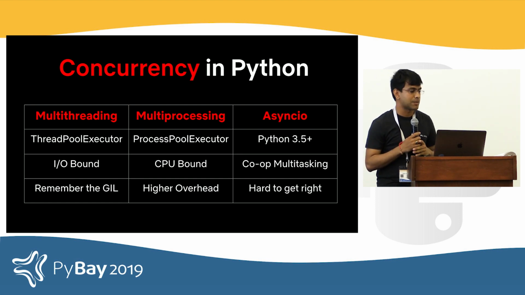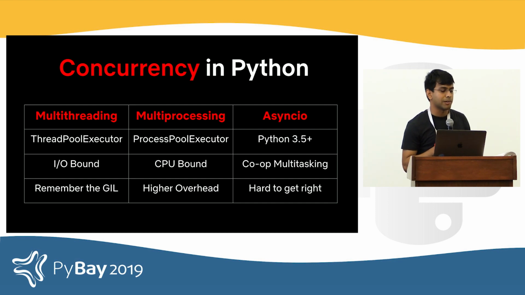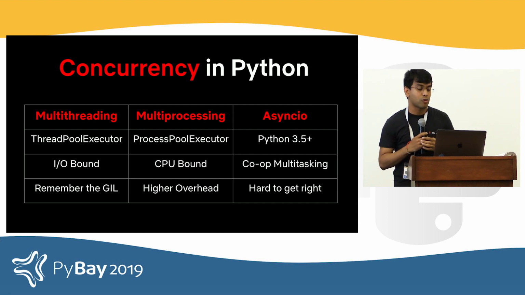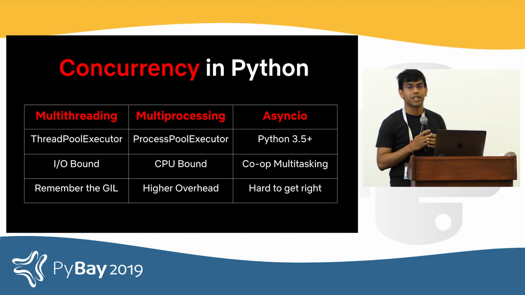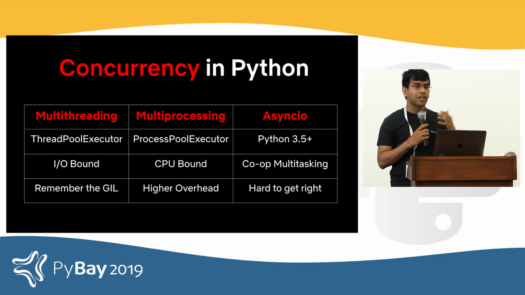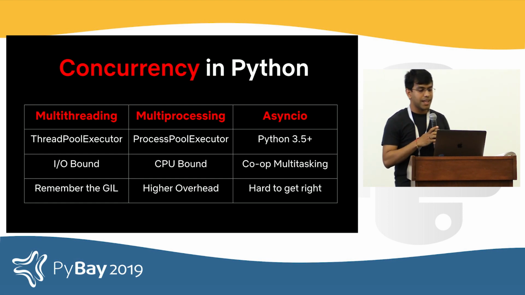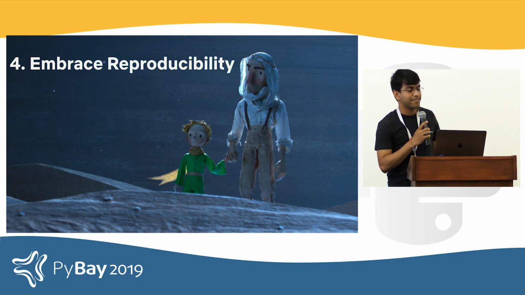but it definitely works well in throughput scenarios. And for posterity, I also want to cover async IO, which is Python's answer to cooperative multitasking, which might be more lightweight than multi-threading, and it only works with Python 3.5 or greater. But I feel the biggest challenge is it's hard to get it right, but if you do, you'll probably get the gains. With that, I want to hand it over to Savin to talk about a few other good ideas we have for you. Thank you.